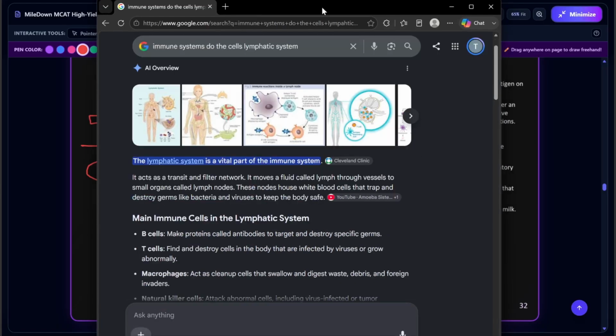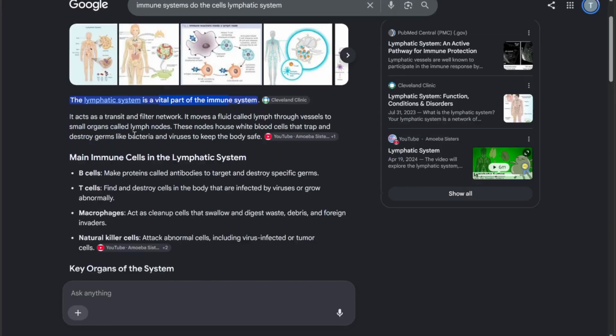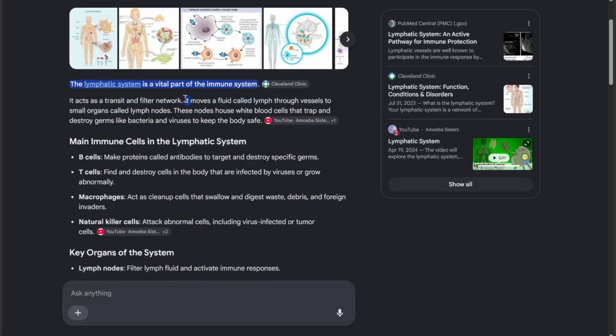So the lymphatic system, as it says here, is a vital part of the immune system. It acts as a transit and filter network. It moves fluid called lymph through your vessels to small organs called lymph nodes. These nodes house white blood cells. Remember, white blood cells are your leukocytes that trap and destroy germs like bacteria and viruses to keep your body